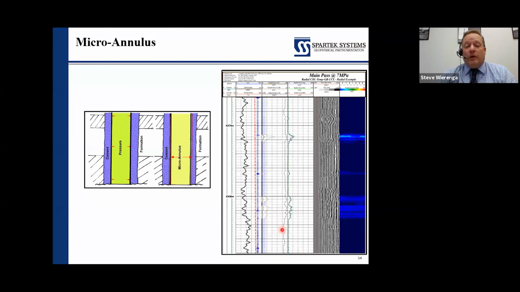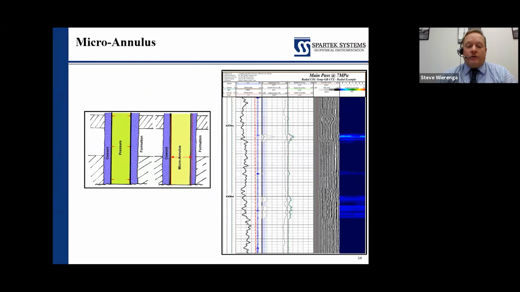So in my world, when I'm looking at sustained annular pressures, microannuluses are a problem when we're dealing with them, knowing that there is a microannulus there. So why do we care if there's a microannulus if we've got sustained annular pressure? It is going to change the way I do my remedials. You are not going to get a cement squeeze into a microannulus like this. So we're going to have to come up with a different strategy in order to put a barrier in place